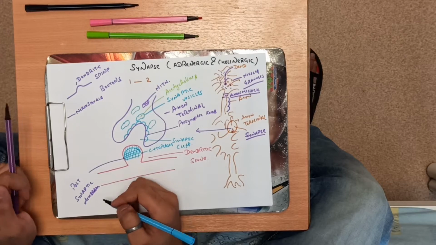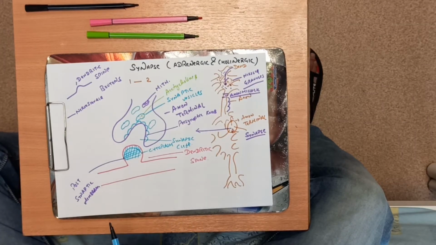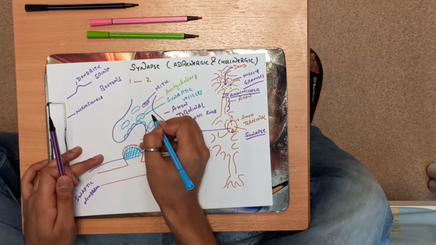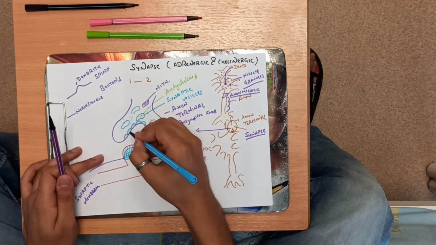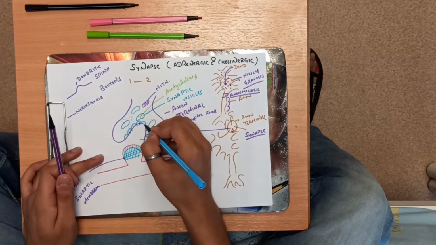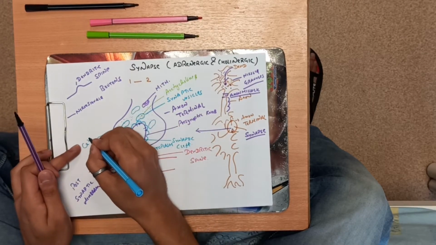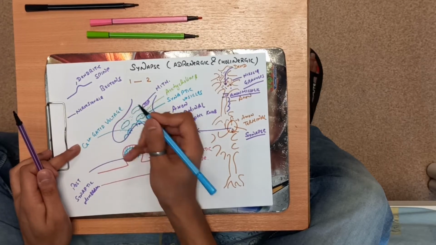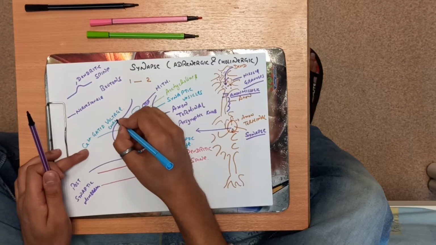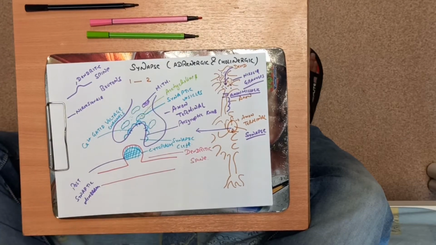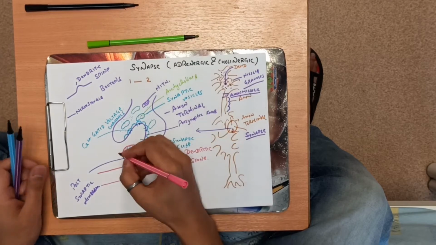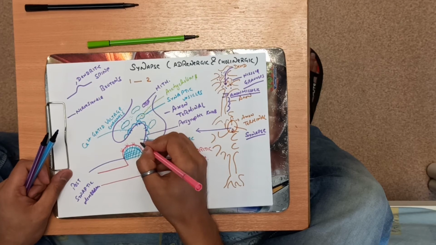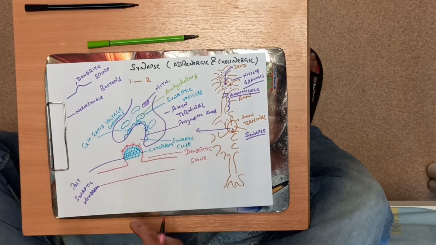Now on reaching the axon terminal, there are, you can say, calcium ions here, and here are the calcium gated channels. These are calcium gated voltage channels, because here we are talking about action potential. On the postsynaptic membrane, there are the receptors. You can say these are receptors for adrenaline, for acetylcholine.